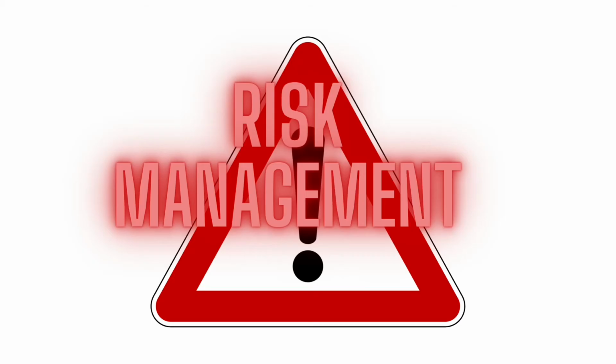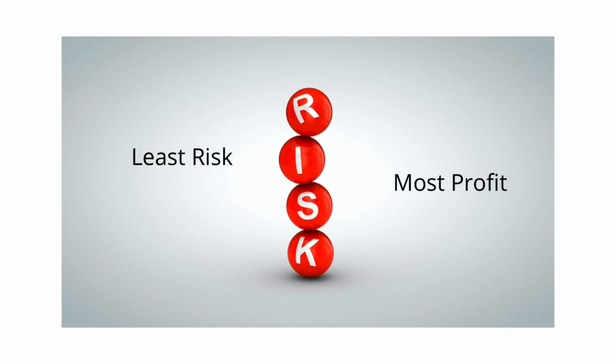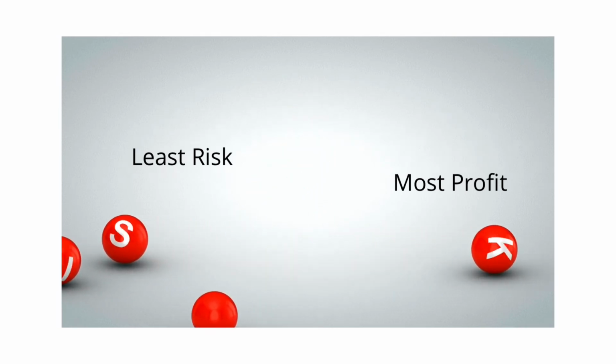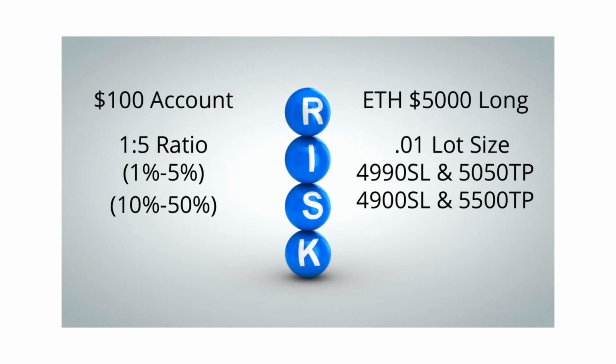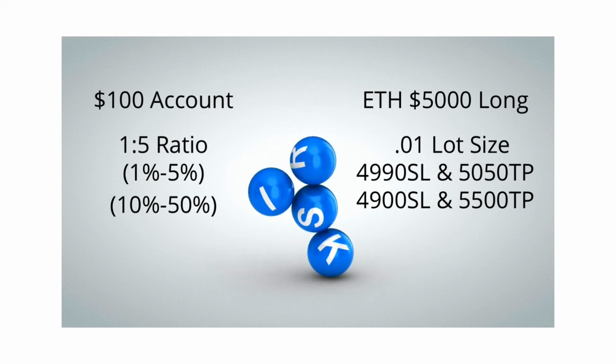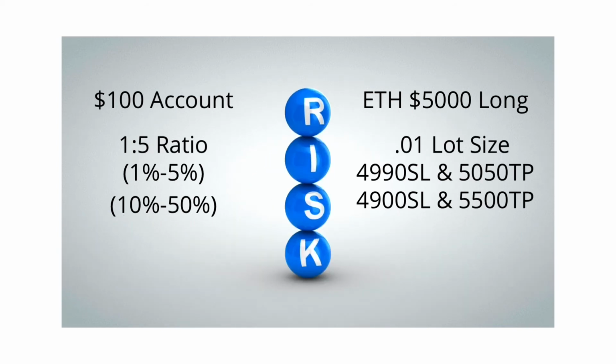So that's technical analysis. What is risk management? We all know that risk management is managing risk, basically risking less than your intended profit target. So if you were to risk 10%, you would probably be aiming for about 20 or 30%. Hypothetically, if you wanted to trade Ethereum with a $100 account and 500 times leverage, and you wanted a 1 to 5 risk to reward ratio, you would be risking 1% to gain 5%, and 10% to